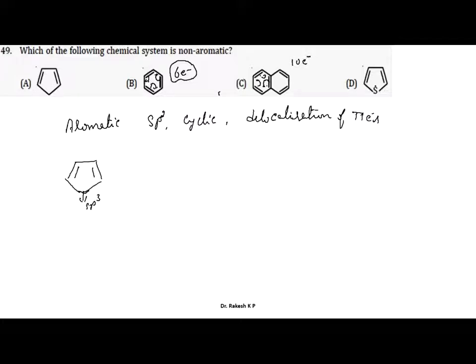But here, you just identify this particular sulfur containing a lone pair. So this will be involved in the resonance. Here also, how many electrons are involved? The 6 electrons. So now you can easily identify. But in the first one we can't identify the resonance, that is, we can't identify the delocalization, because we are only getting 4 electrons. Hence this is an example for the non-aromatic. Okay, so next question.